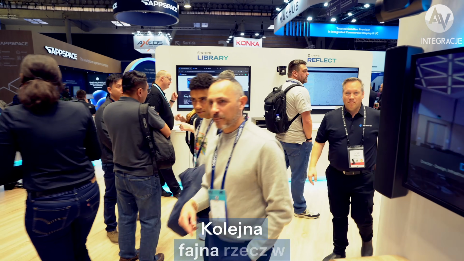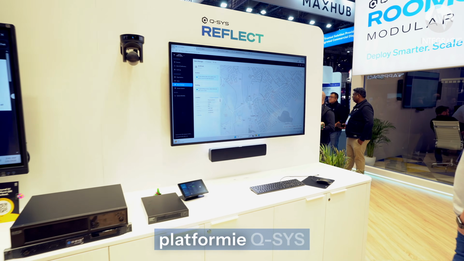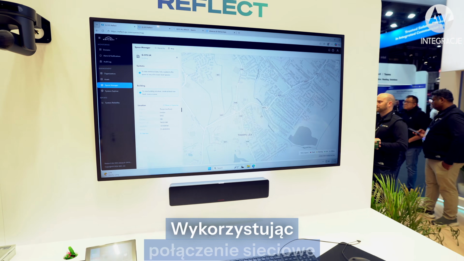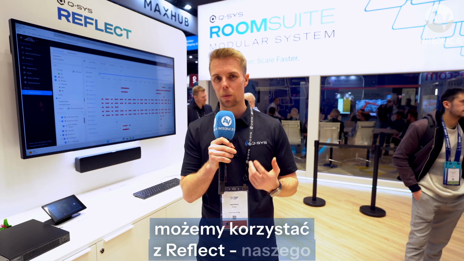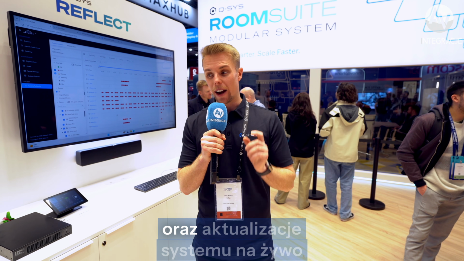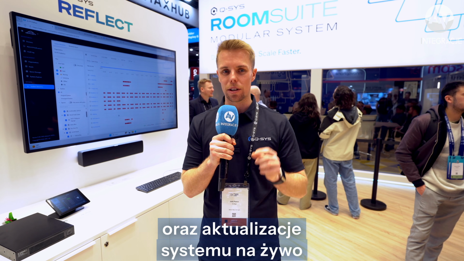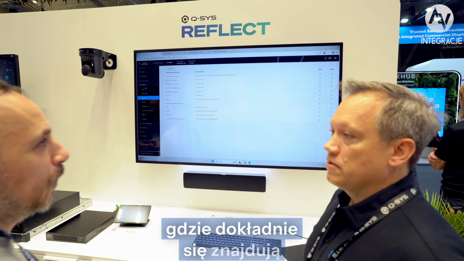So the other cool thing about Q-SYS, now obviously everything we do is based on the Q-SYS platform, it's all done over the network. Well, by leveraging that network connection, we can actually use Reflect, which is our cloud-based monitoring and management software, okay? What this allows us to do is to have visibility on any of our spaces and the spaces in between and get live system updates. We can check reliability. We can even see physically on a map where they're actually located across the world,